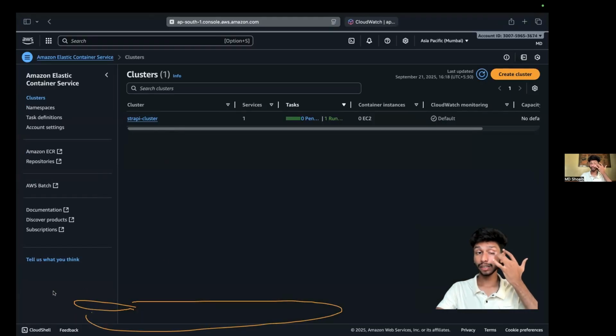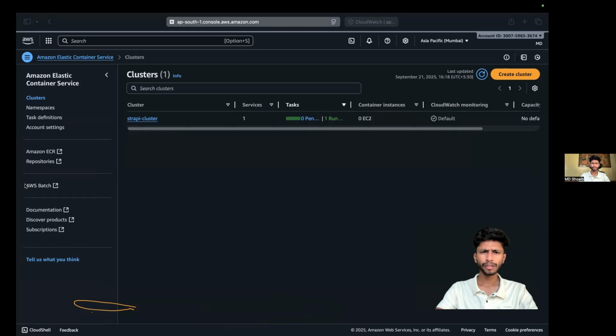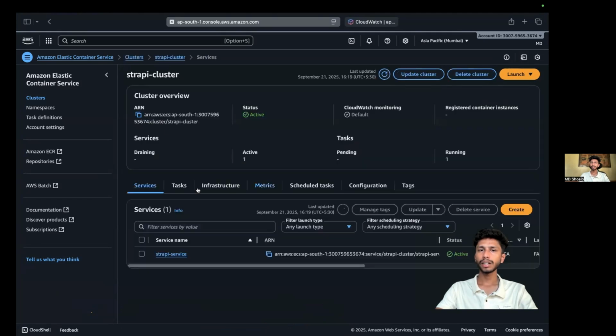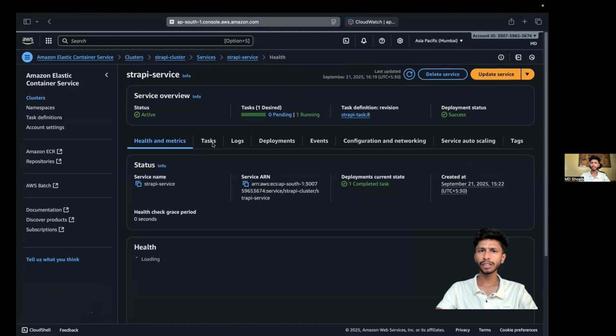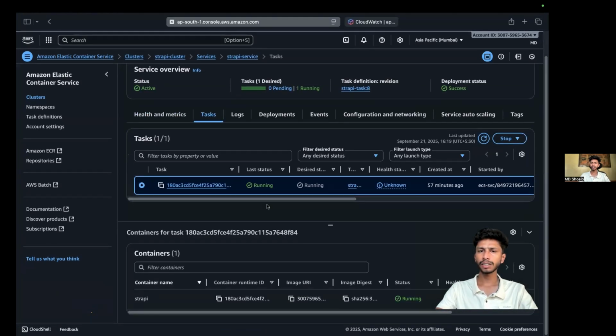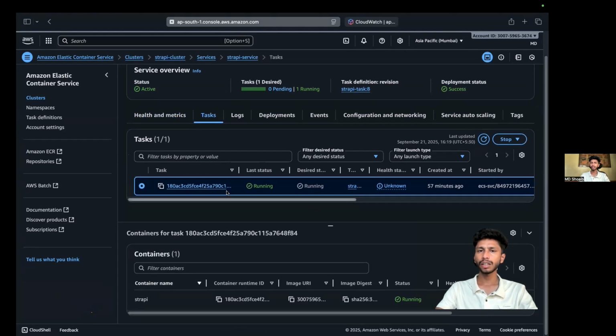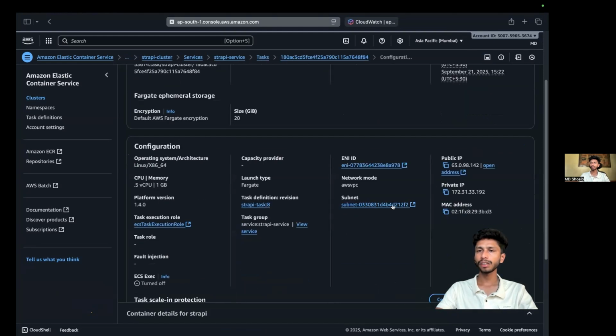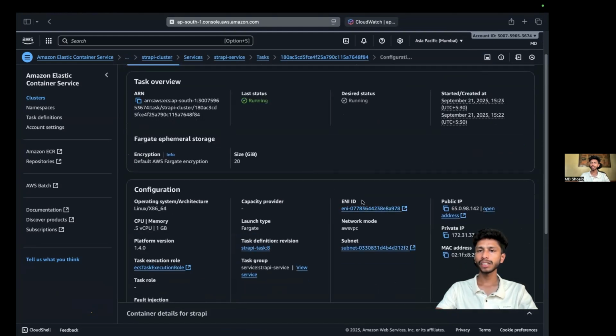Let's have a look. As we can see, it created a cluster in ECS. Giving a deep dive, there is a service as we have created. Let's have a look at the task, which, yes, there is one task already running, as we desired only one task. And it provides the ENI ID and then the public IP. Let's copy this public